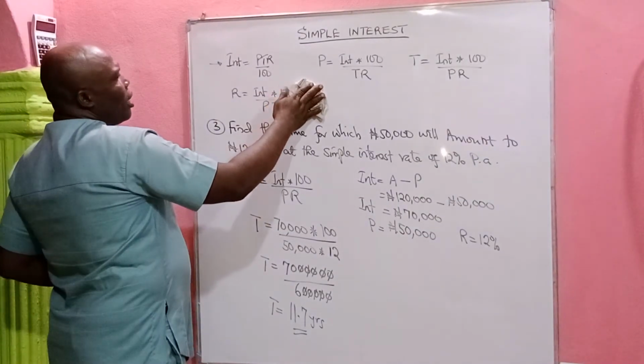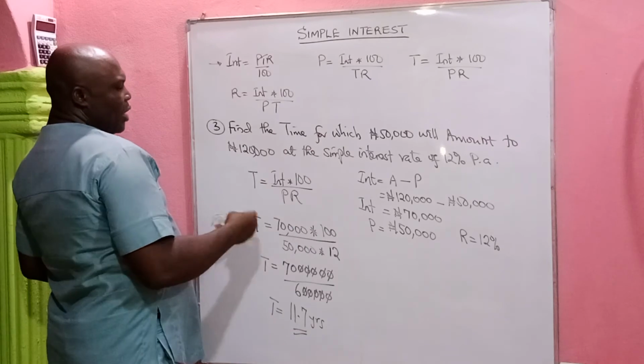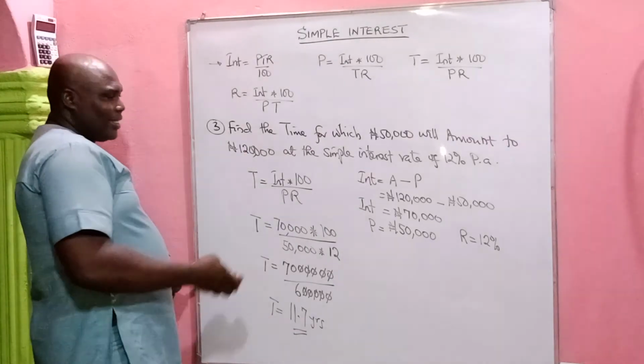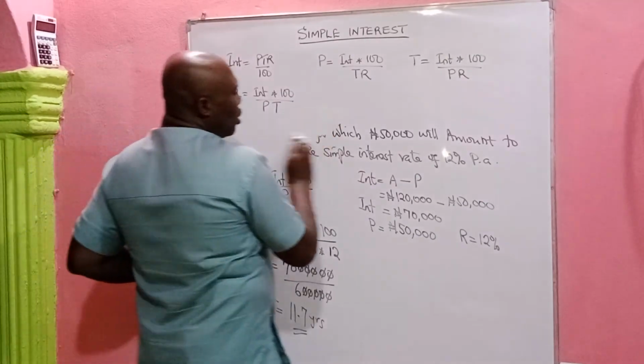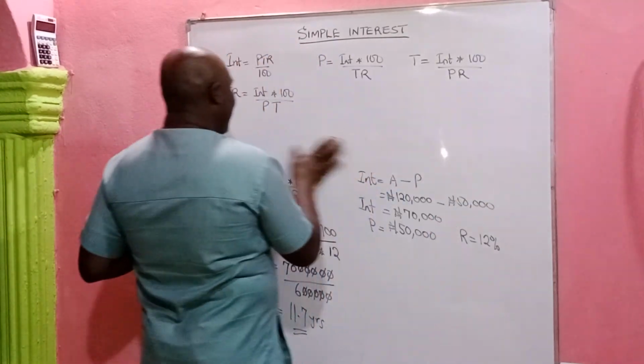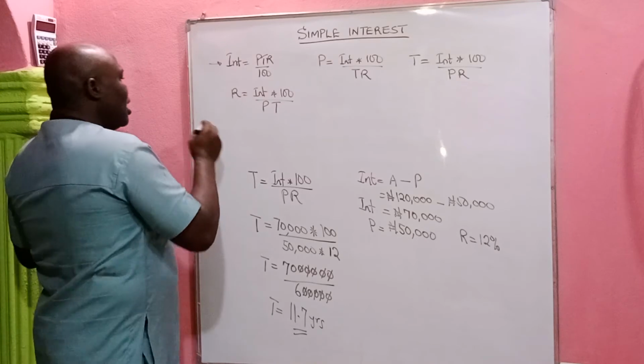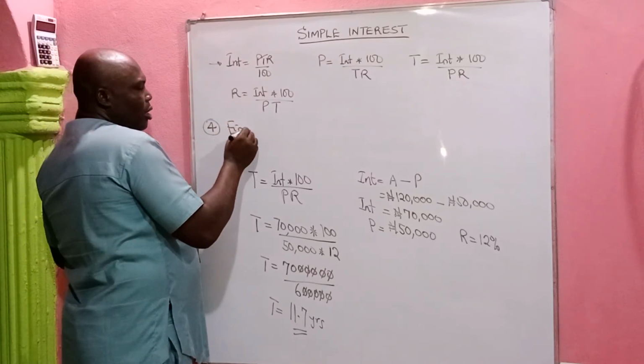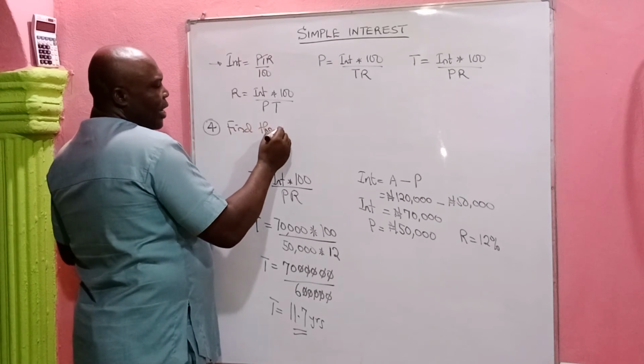Let's say a question is given that you are asked to find maybe the rate in percent. Time is always in years, but if it is the rate, you must always express the rate in percent. So let's try another question. Let's say question number 4. Find the rate percent